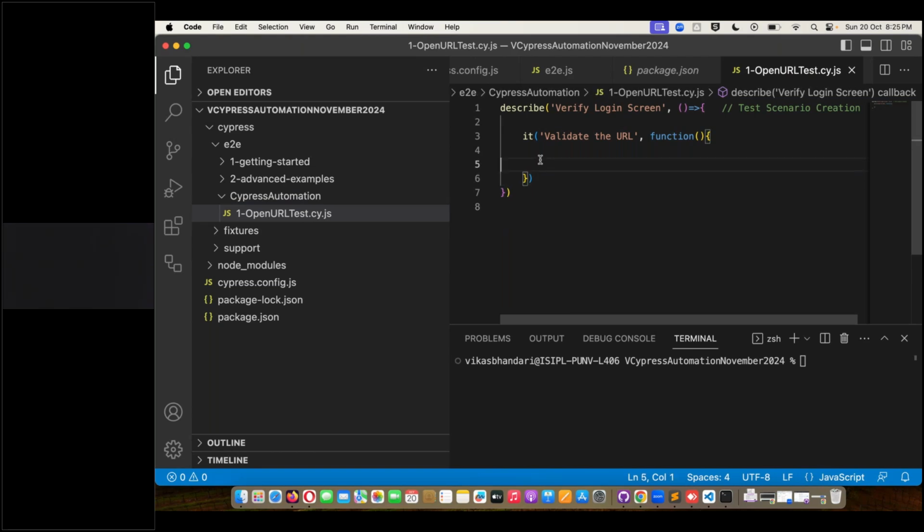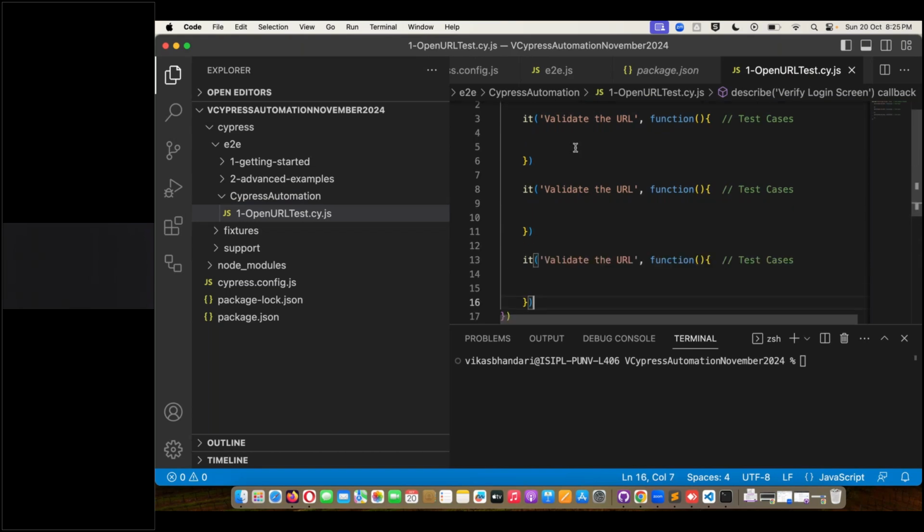Anybody has any doubt? First is describe, which I told you is considered the test scenario creation. And second is test cases. Now if you think about manual testing, a single test scenario will have multiple test cases. So copy this and write it multiple times: validate the URL, validate the title,